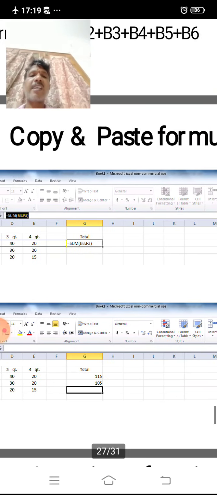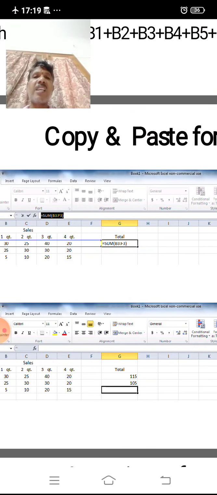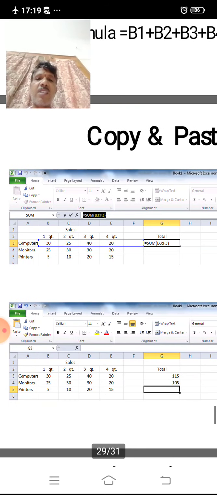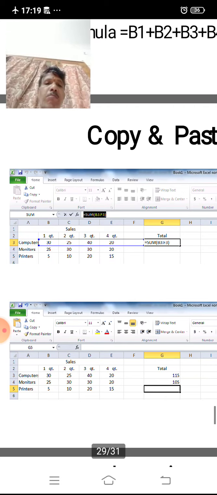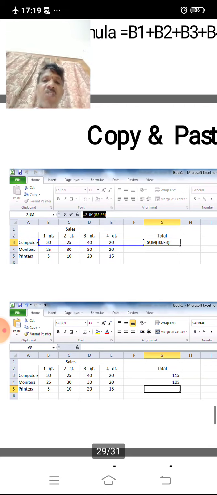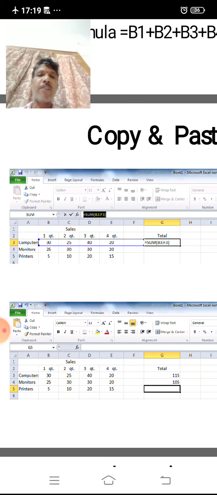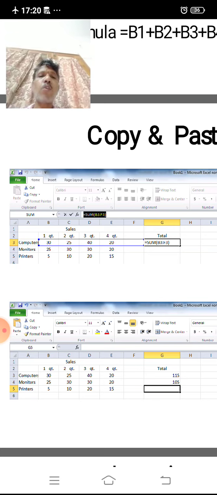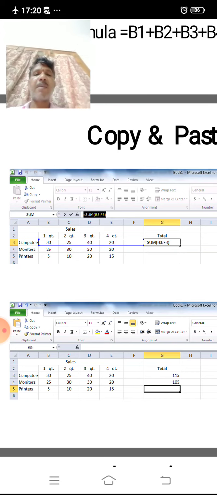Here the G column contains the formula, that is sum of B3 to E3. When you copy it to G4, it is automatically changed: the formula copied to the next cell is taken as B4 to E4, and the next one goes to B5 to E5, etc.